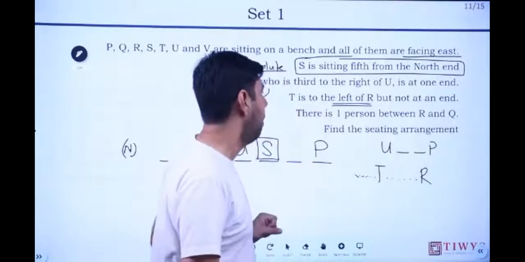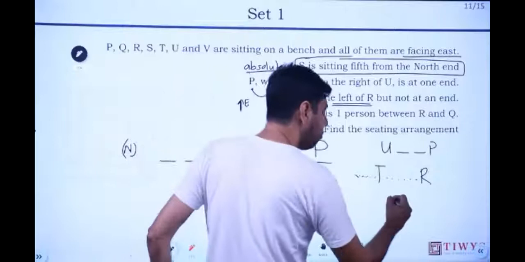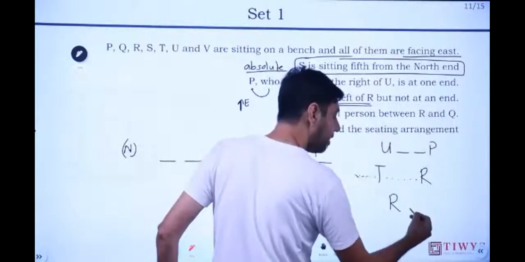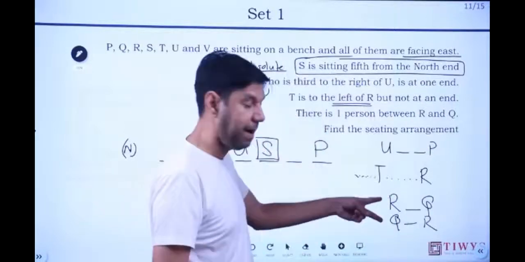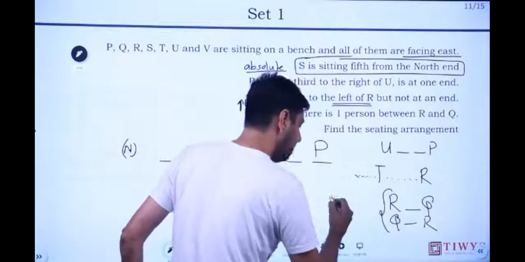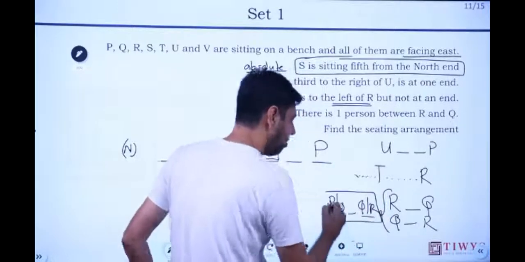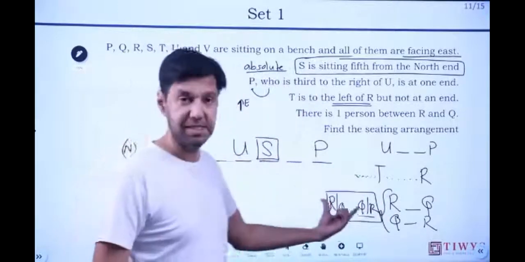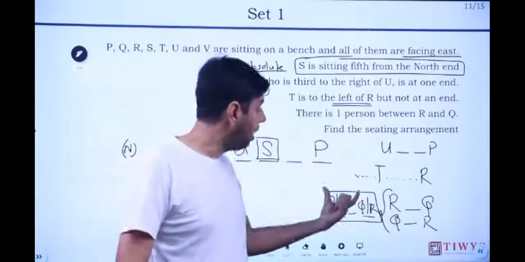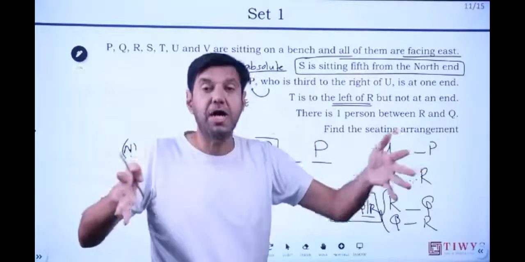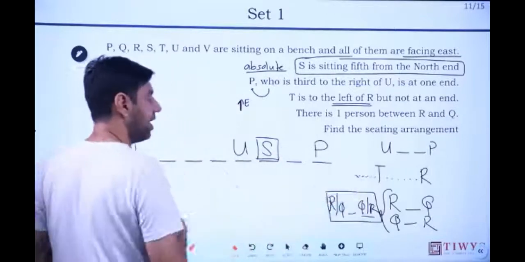ओके, देयर इज वन पर्सन बिटवीन R एंड Q, ठीक है। तो R और Q के बीच में देयर इज वन, बट यू डोंट नो किस तरफ से है वो, QR है या RQ, आपको नहीं पता है। तो दो बार लिखने से अच्छा व्हाट आई टिपिकली डू इज RQ या QR, तो ये ऐसा होगा, ठीक है, ये ब्लॉक बन जाता है। तो ये तीन लोगों का ब्लॉक है। तो पहला स्टार्ट करो, कहीं फिट हो जाए जो, फिर नेक्स्ट क्लू है ब्लॉक्स बनाओ, और जितने बड़े ब्लॉक हैं अच्छी बात है, और वो ब्लॉक को उठा के प्लेस करो।